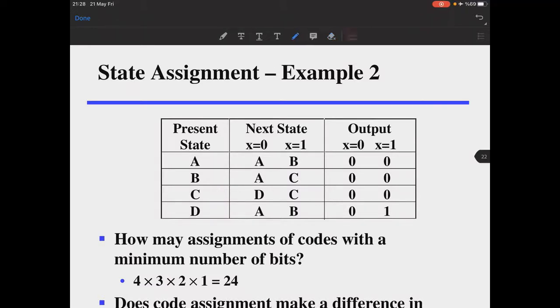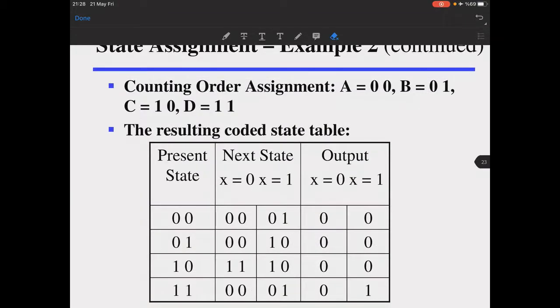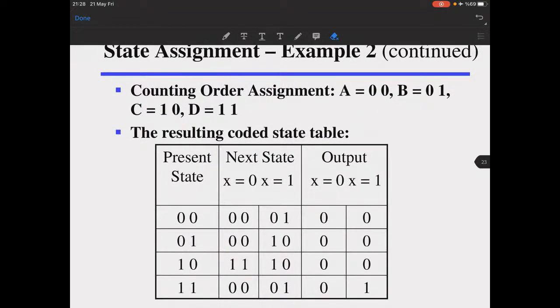And finally, the last one is called one-hot coding. This one would be your first state, this one would be your second state, this one would be your third state, and this one would be your final state, or something like this. This is called one-hot coding. For any state, only one of the bits would be one. And we will see how